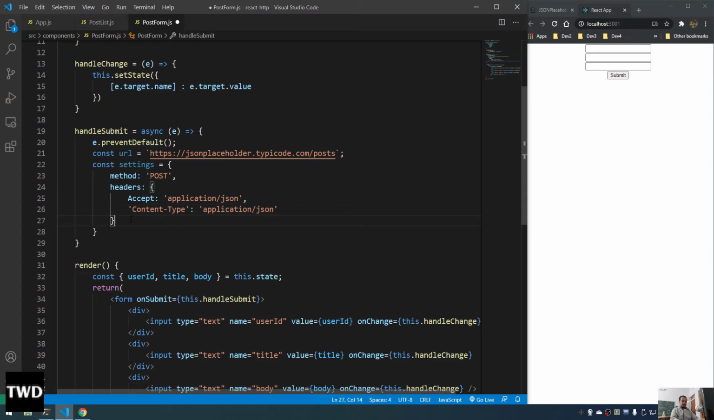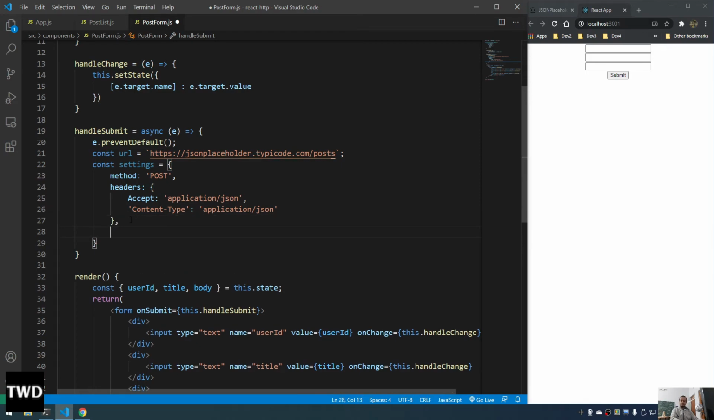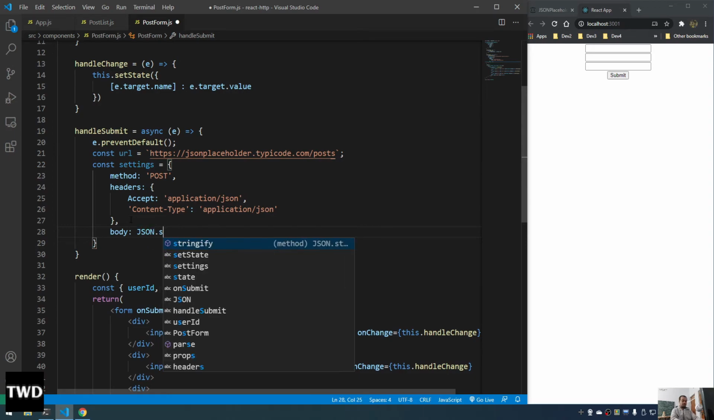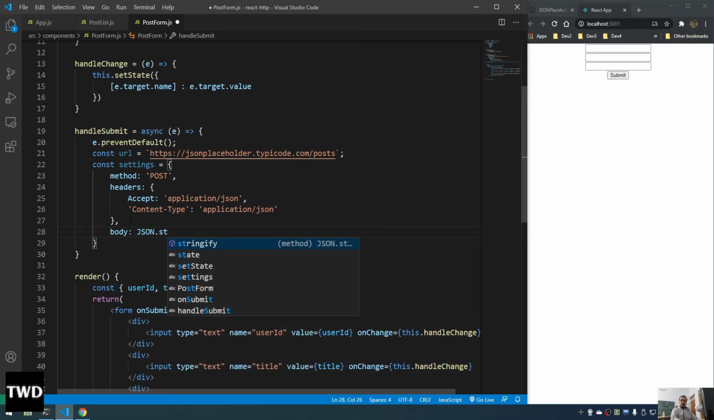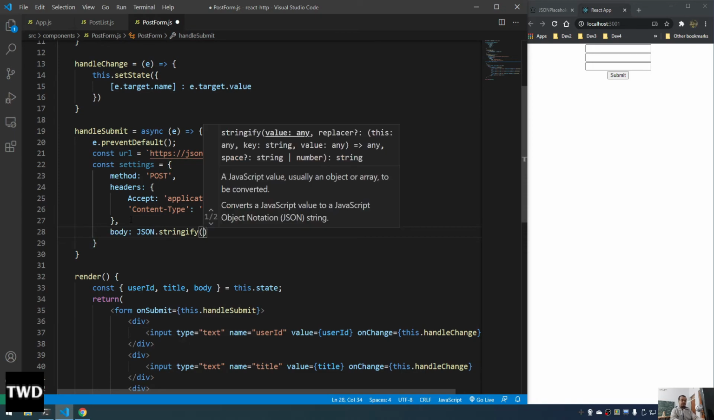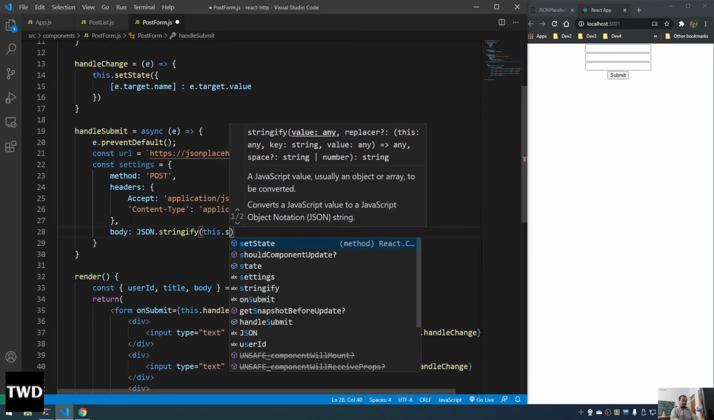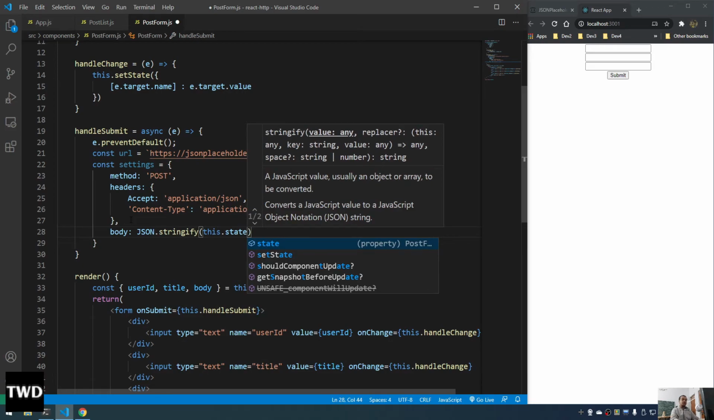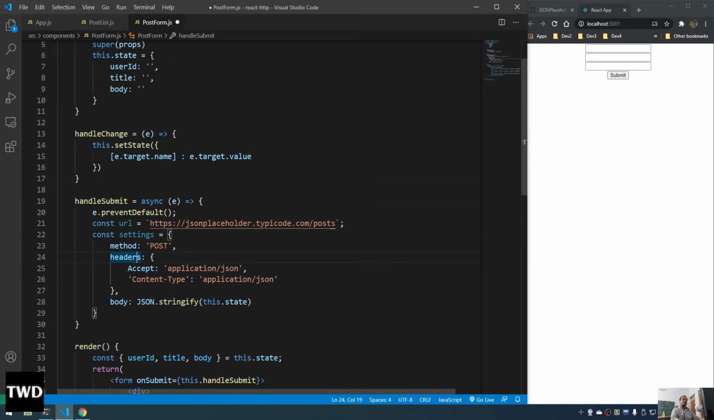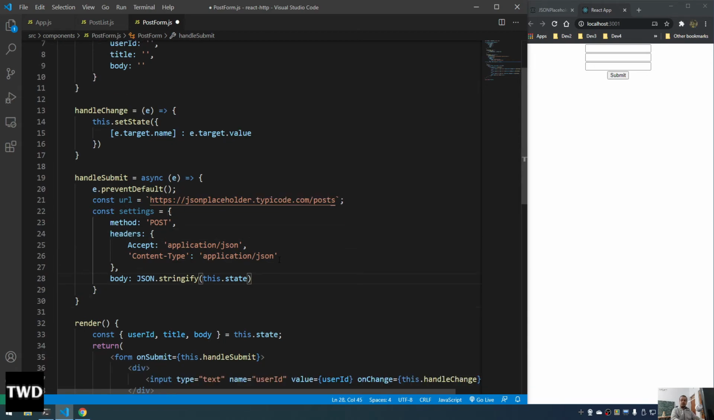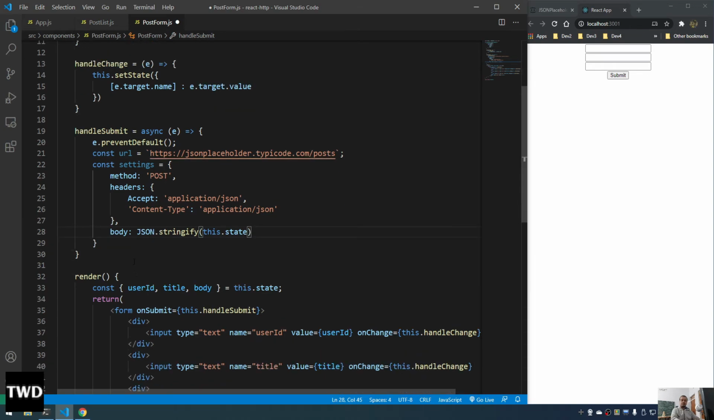And the last one is the important one, body. We have to pass a body: JSON.stringify. So we are changing it to a string before passing it, and this is nothing but this.state, whatever our state is. So our state will contain actually userId, title and body. This object our state will contain, so this.state. And then another thing